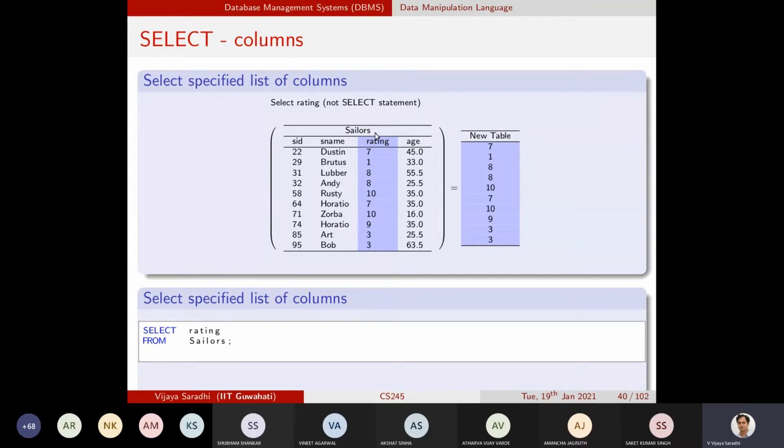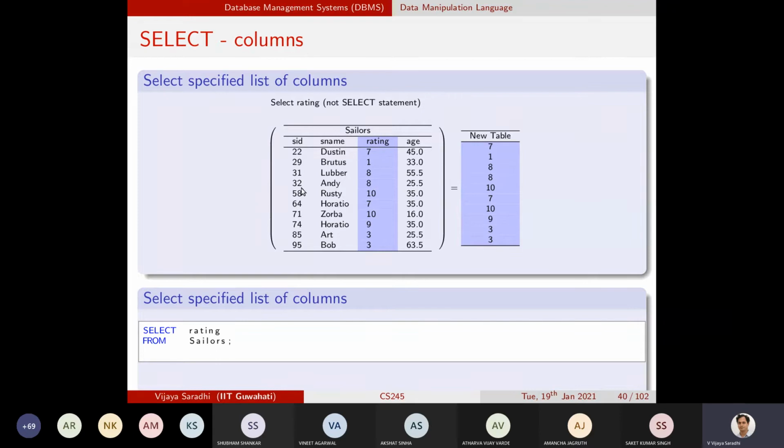Whatever the operations might be, when you want to insert a row into the sailors table, at that point in time, since you are inserting into the sailors table, the constraints will be checked by the database. And that is precisely the reason why you have got all the ratings present in this particular table.